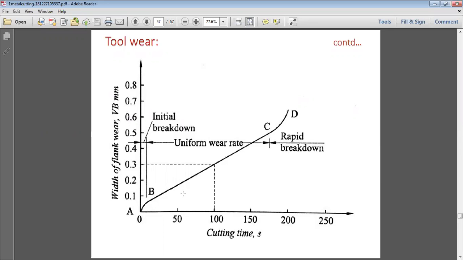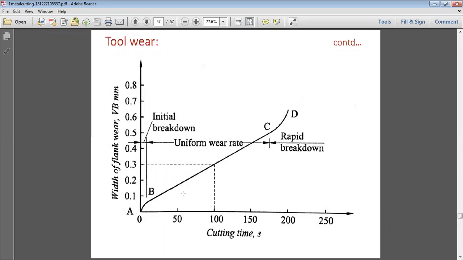If we see, the first one is the initial breakdown, which starts in this case from A to B. It happens mostly at the start of the cutting time, so in the first few seconds it goes through initial breakdown of the flank wear. Then from B to C, which is quite a bigger range, from approximately 10 or 20 to near about 170, 180,